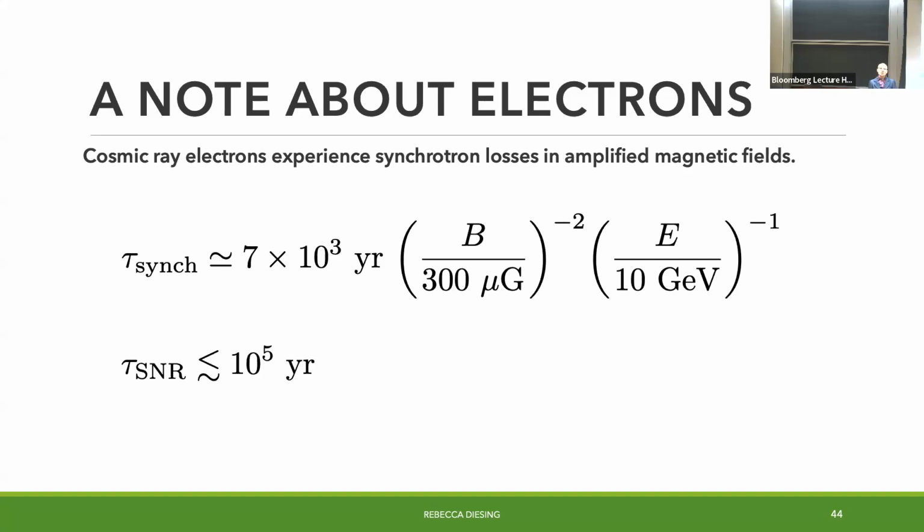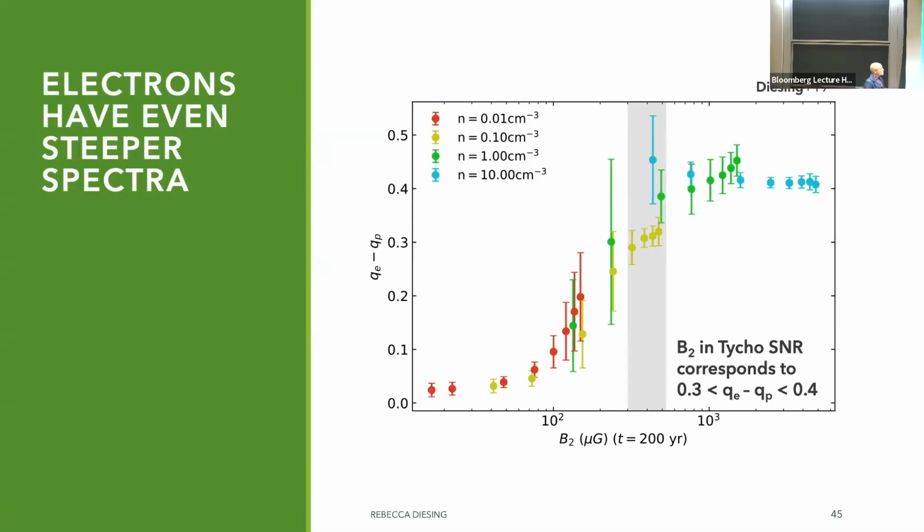And so this means that if you care about things like understanding cosmic ray leptons, you have to take this into account. So this is the slope of the electron spectrum minus the slope of the proton spectrum. The electrons are going to be injected with a steeper slope, depending on your magnetic field. If you believe something like Tycho, it's going to be 0.2 to 0.4, depending. And so that's just another small project to keep in your mind. This matters for things like if you care about the positron excess, which might be evidence for dark matter. I don't think it is, but you have to take into account the fact that electrons and protons are not injected in the same way, which is commonly overlooked in the literature.